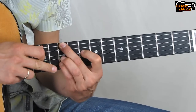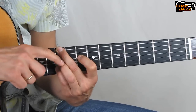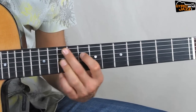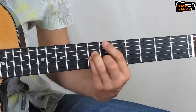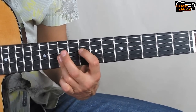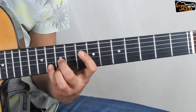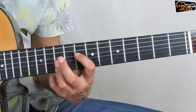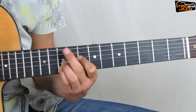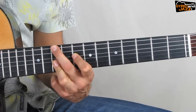Instead of playing B flat, I will play A. So it's major 7. I can also play it with only the ring finger. So now you have this exercise. You can see this chord very easily. If you see this chord, like D, F, G, A, B flat, major 7, but instead of playing the note on the first string here, I take it to the bass. Okay, so the